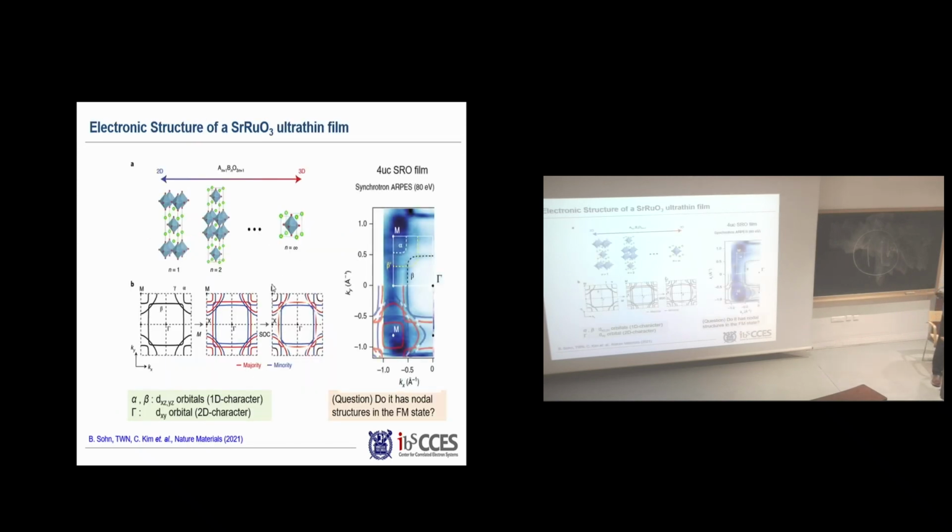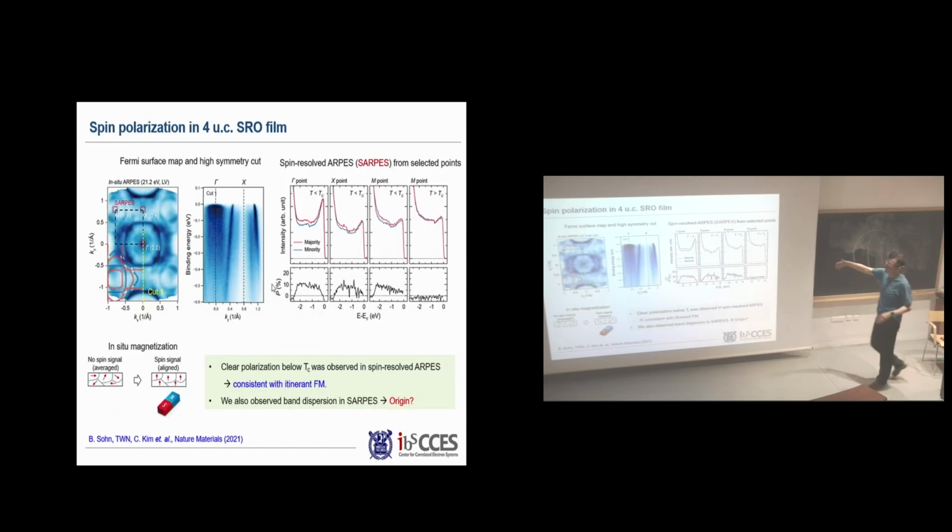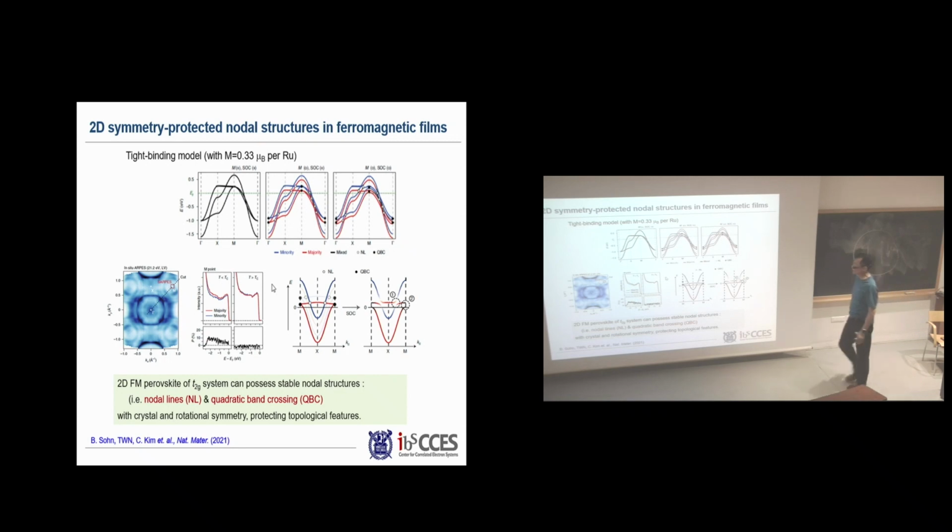So what we did is we did the spin ARPES and so on. Below TC, you have a splitting at the nodal point, but above TC, no splitting. The nodal point is really important because our calculation showed that near it, with spin-orbit coupling and magnetization, you have a quadratic band crossing circle over here, and they claim that this will play a very important role in the topological effect and anomalous Hall effect.